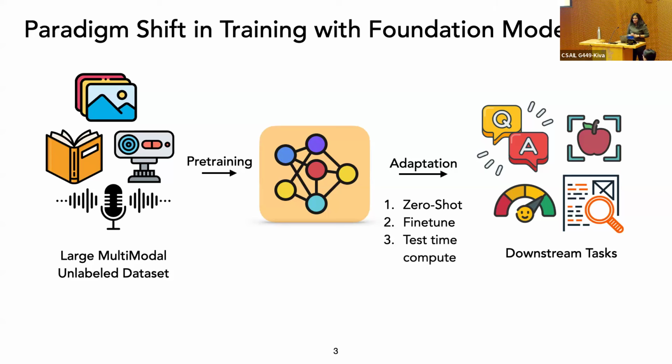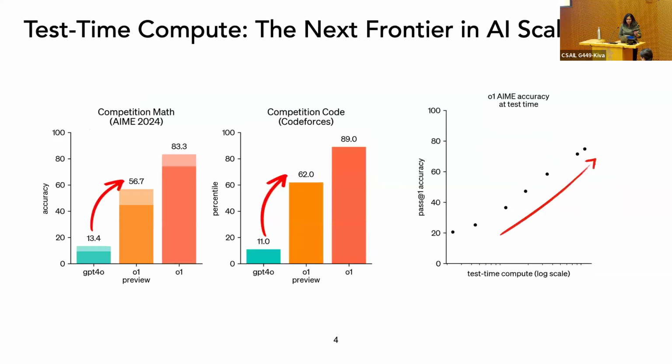The third type of adaptation technique, which has recently gained a lot of promise, is test time compute. Test time compute means that you enable your pre-trained model at test time with extra compute and extra time before coming to the final answer. And this has been shown to be a very powerful tool. And to motivate it a bit more,